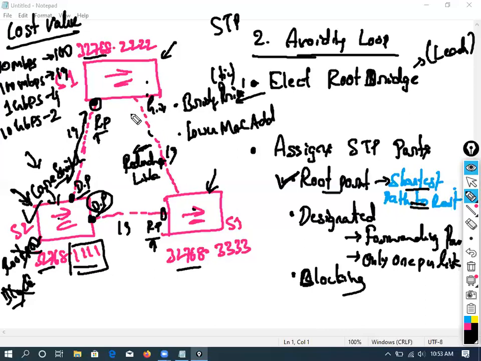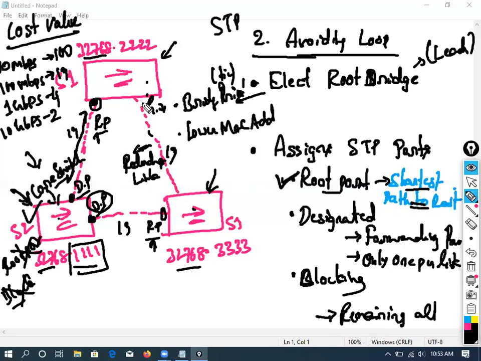Now again, which one is that? Again, the fighting will get started, because if this is considered a designated port, the opposite side should block its port, because what is left out is only blocking ports. Remaining all ports are blocking ports. It means it is not necessary that we should have only one blocked port. You may have 10 or 20 blocked ports, depending on your redundancy links. Clearly understand?